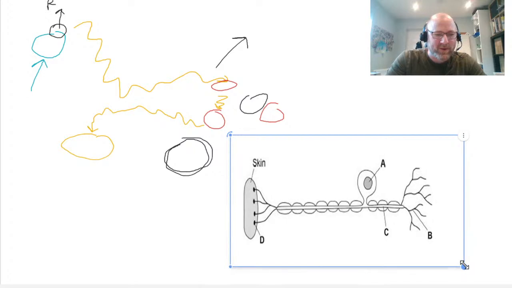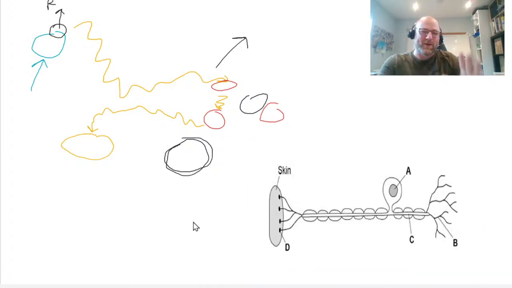So I've also got a diagram here of a neuron. Okay, what type of neuron is this? Looking at the information,